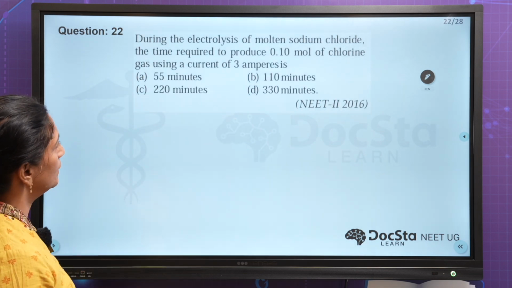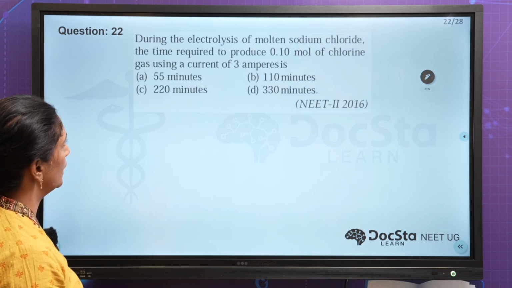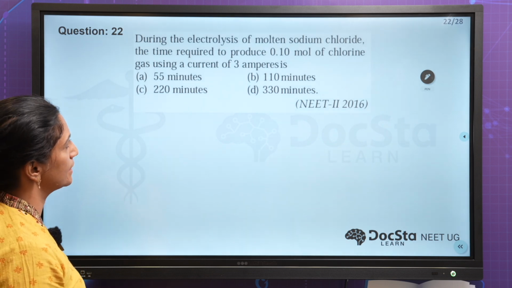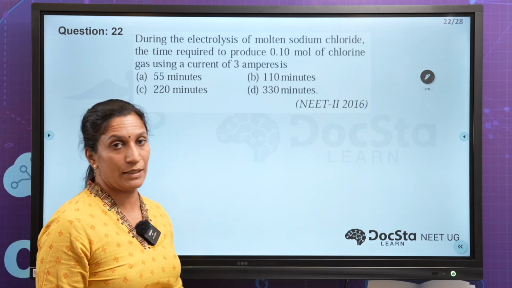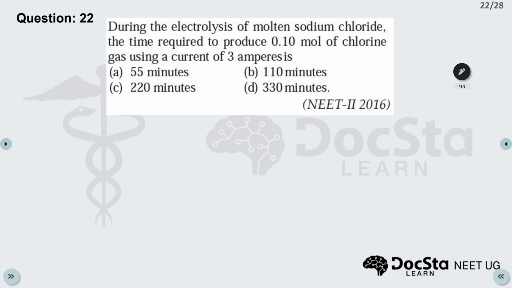Next question, during the electrolysis of molten sodium chloride, ഇവിടെ എത്ര സമയം വേണം, time required to produce 0.1 mole of chlorine gas using a current of 3 ampere. So electrolysis of molten sodium chloride ആണെങ്കിൽ നമുക്ക് you have to be aware of what is the reaction at the